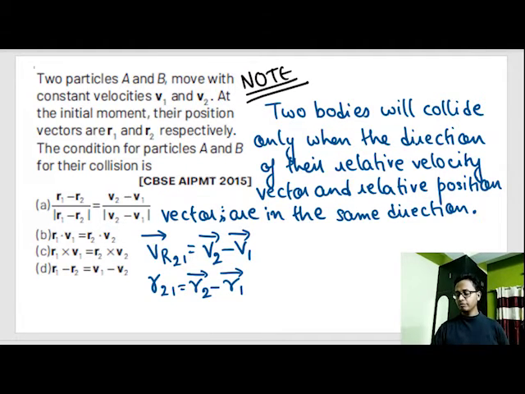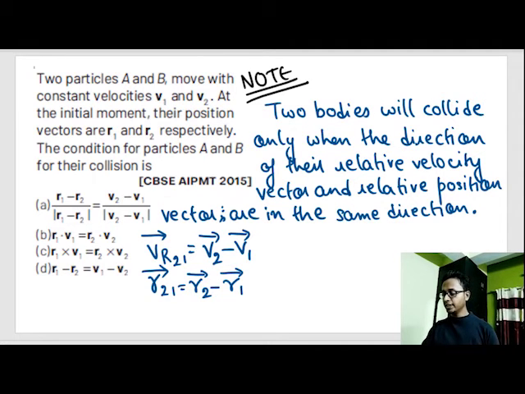Okay, you medical students won't be studying this much, but those who are taking up technical studies, meaning IIT JEE, should note this question came in AIPMT. Those taking up IIT JEE in mechatronics and robotics will see this type of transformation again and again. You all know the velocity vector now, but the position vector will bother you a lot. So for now, the relative position of 2 with respect to 1 is given as r2 minus r1.